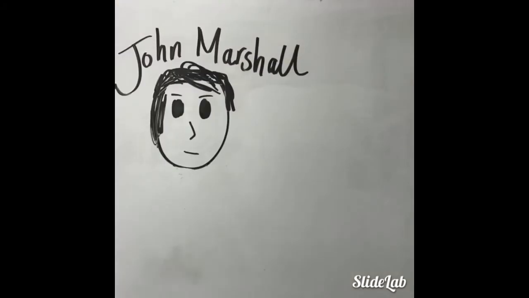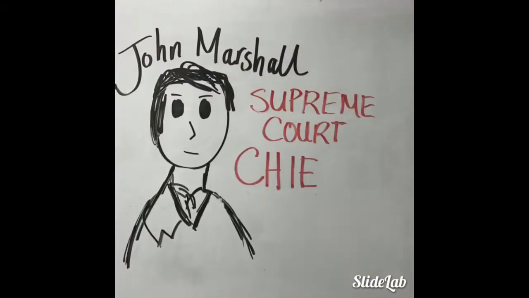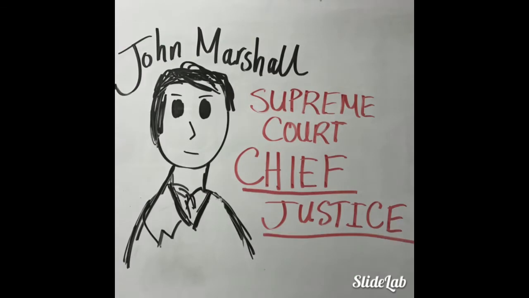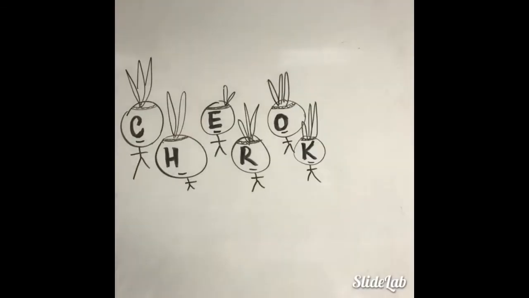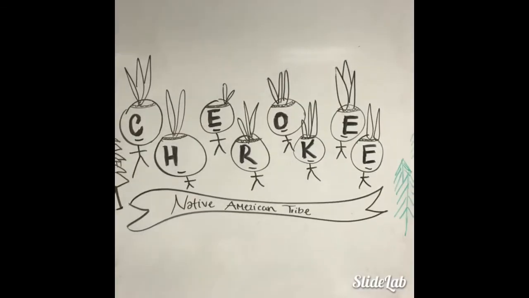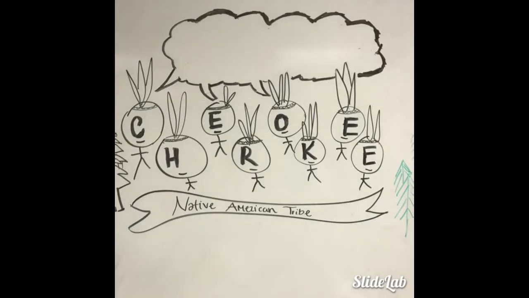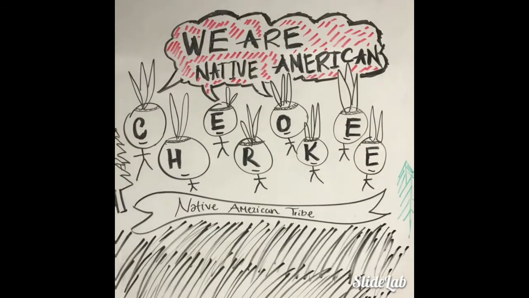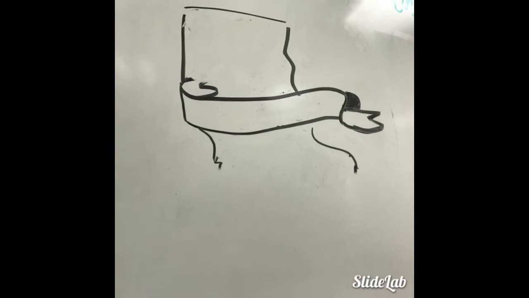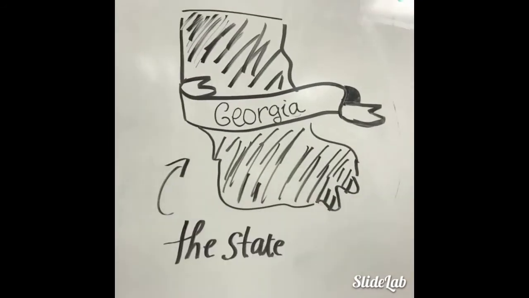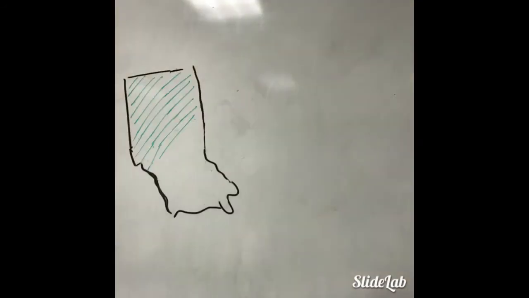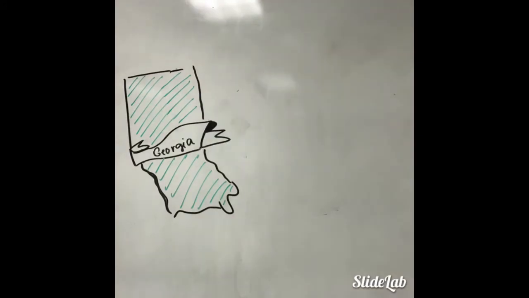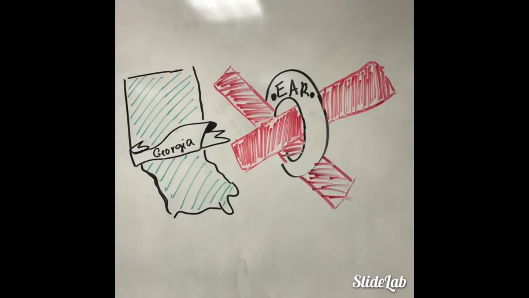This case was one of the many cases that were appointed to John Marshall, who was the Supreme Court Justice during this time. The case was filed by the Cherokee Nation, one of America's most well-known Native American tribes. They see themselves as an independent sovereign nation. The problem occurred due to the fact that Georgia has a huge population of Cherokee, and the state of Georgia didn't like how the Cherokee Nation lands is within its border.